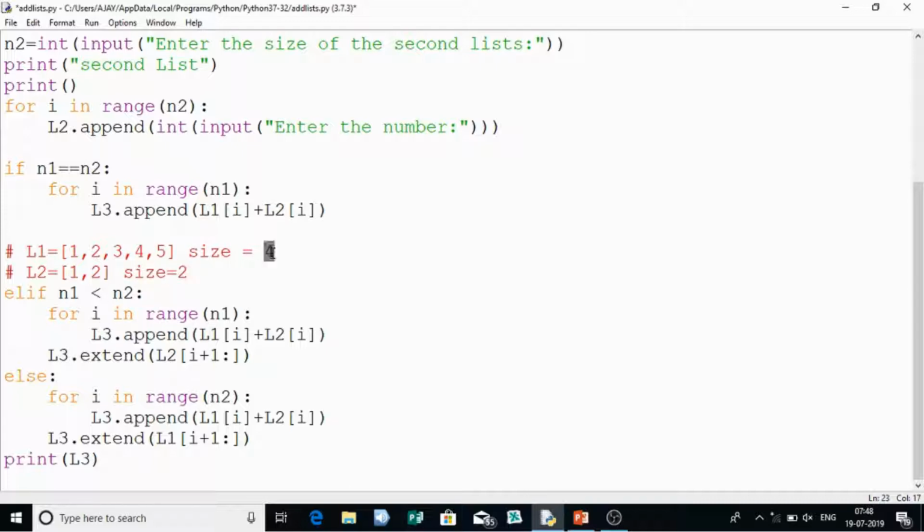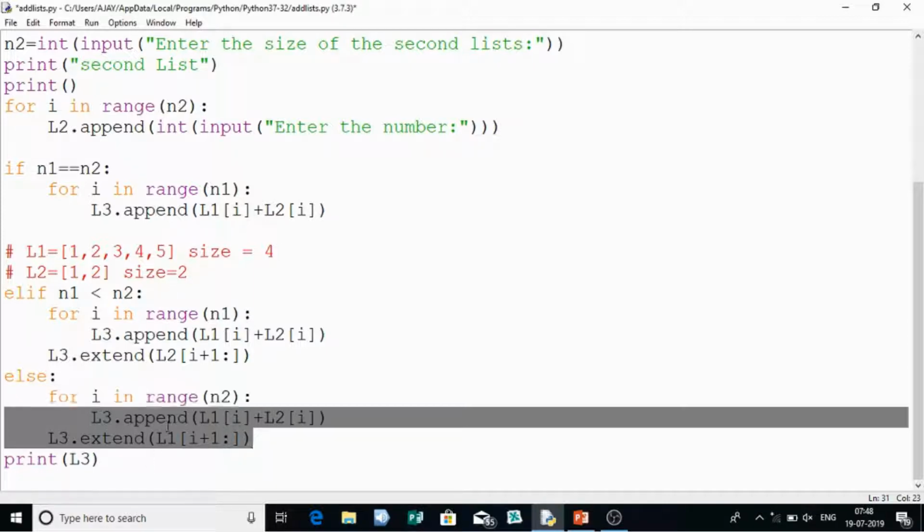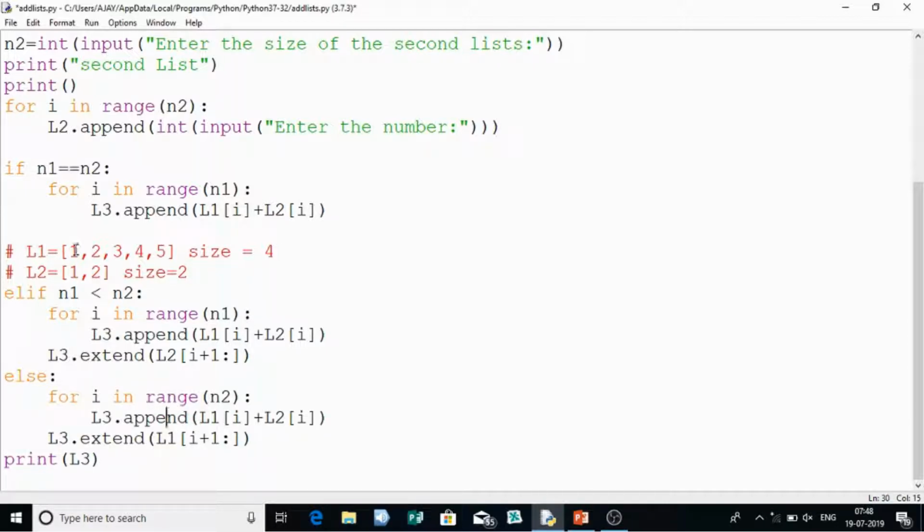In this case, this is N1 and this is N2. So this loop will run the else part because N2 is less than N1. So what happens is 1 plus 1 is 2, 2 plus 2 is 4,